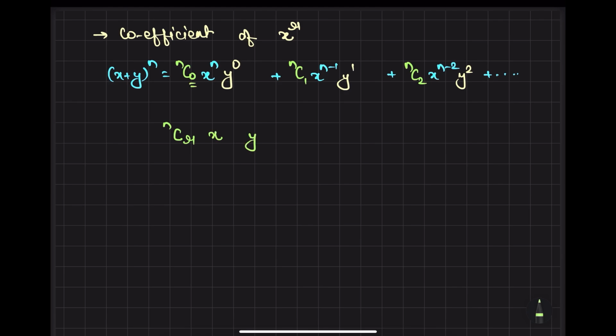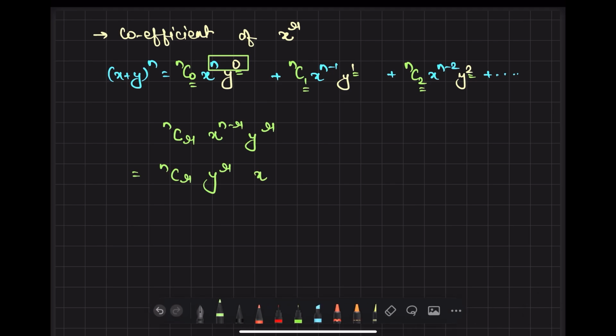Look, c is having the same lower subscript and y is having the same upper subscript, correct or wrong? So you can put the power of y as r. Also you know that the sum of powers of the variables is n, so can I give n minus r? Now rearrange things: nCr, y power r, and then x power